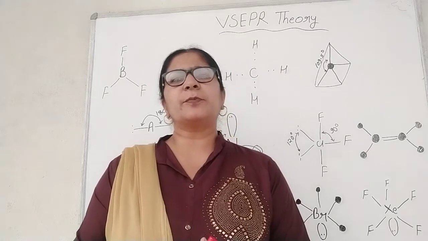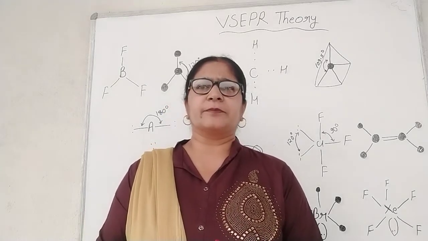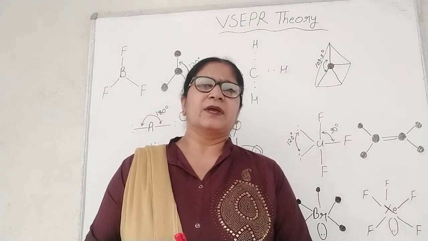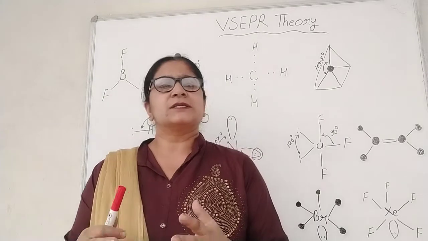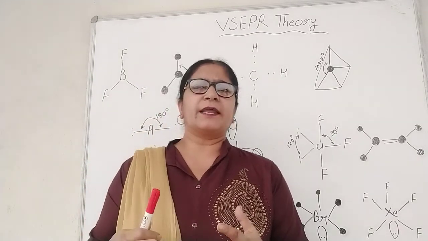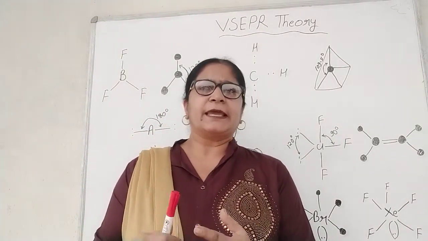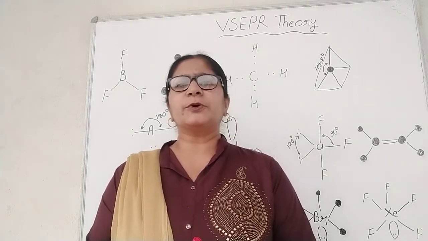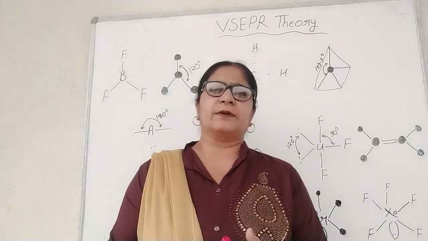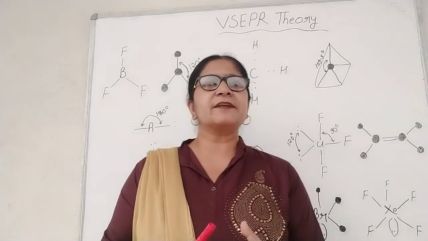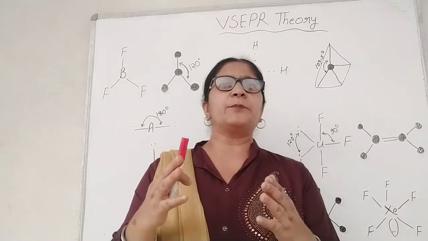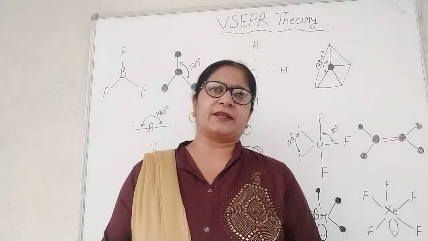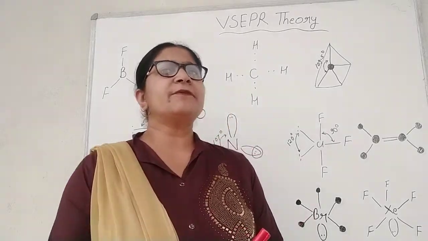The valence electron pairs surrounding the central atom in a molecule mutually repel each other. Thus, these electron pairs arrange themselves in space in such a way as to minimize the repulsion, giving the molecule a definite geometry. Molecules in which the central atom is surrounded by only bond pairs are said to possess definite geometry, as in the case of BF3.